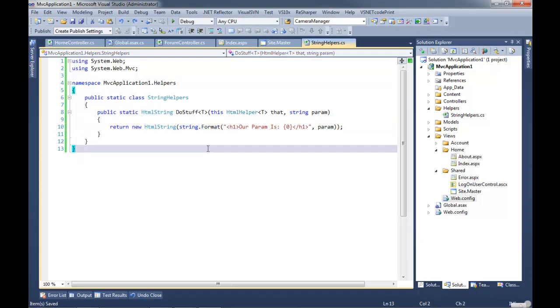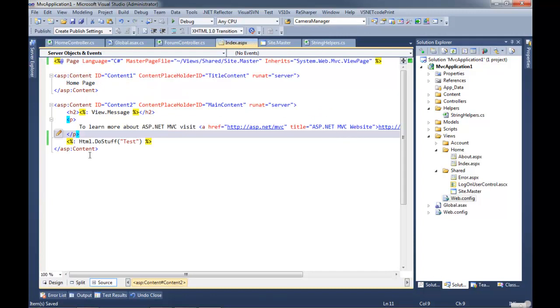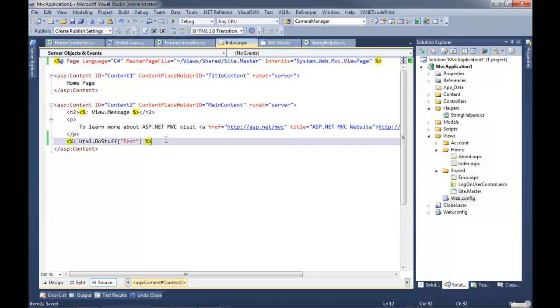But now, correct me if I'm wrong, we're back to needing to be very careful, because if that was actually something coming from a database that somebody else could have injected malicious HTML code into, you could be looking at the same problem that you had back over in Web Forms, right? Exactly. But oftentimes helpers will always print HTML because that's kind of what they do. So that's why it's important to know that in this case.